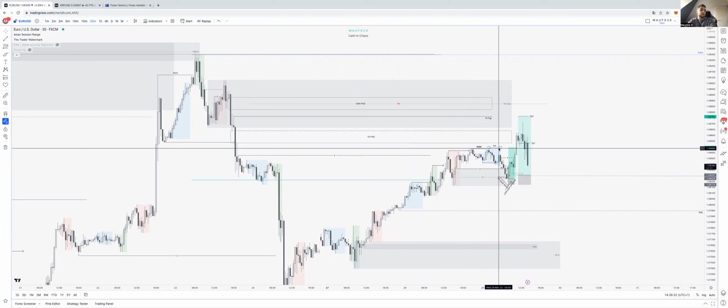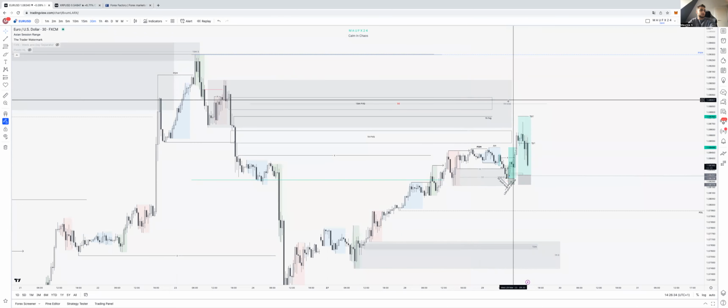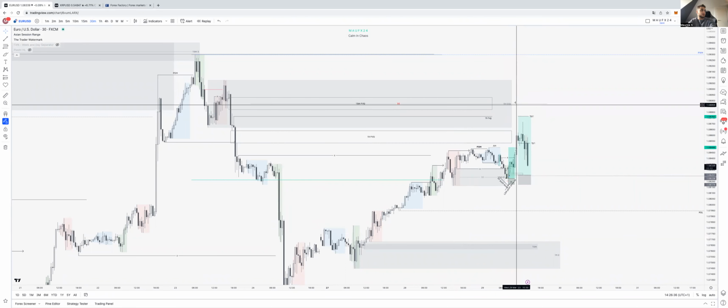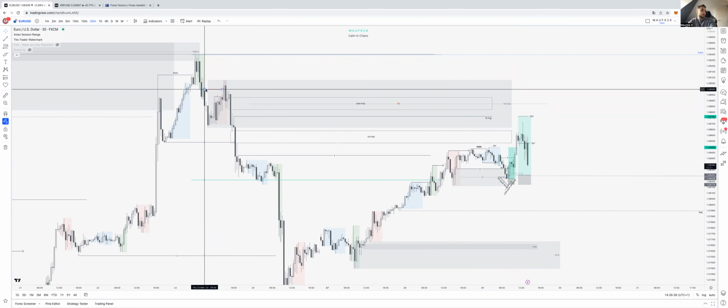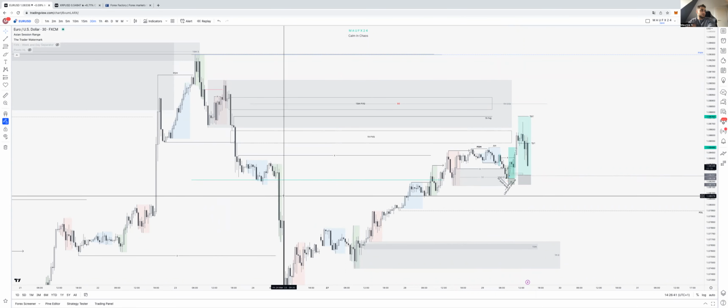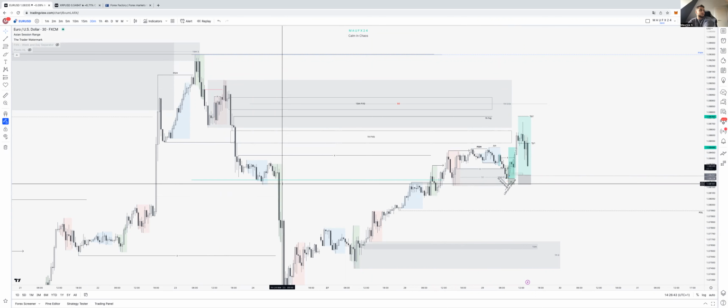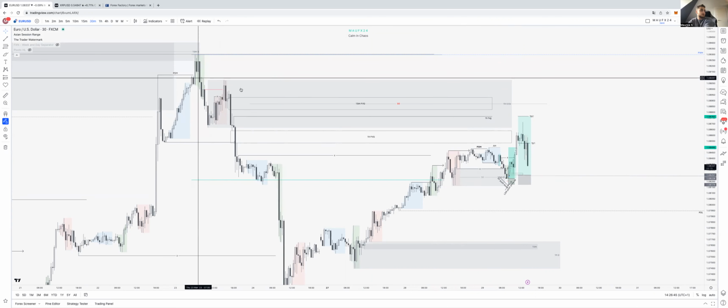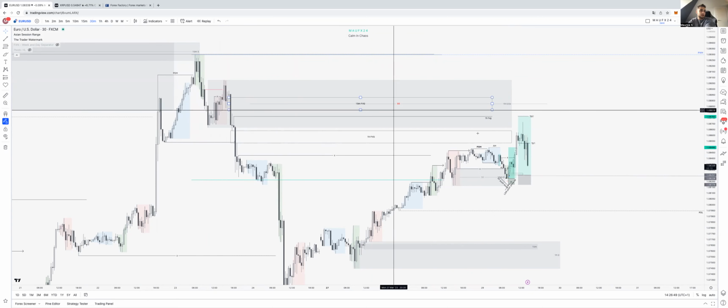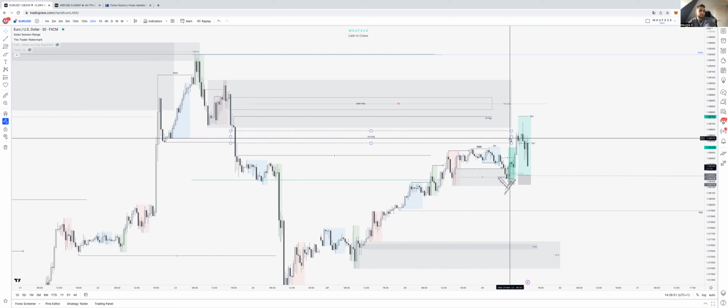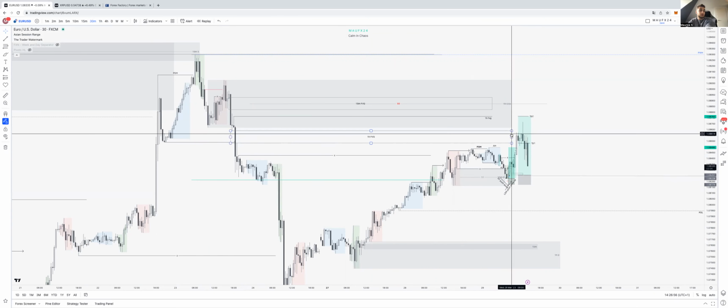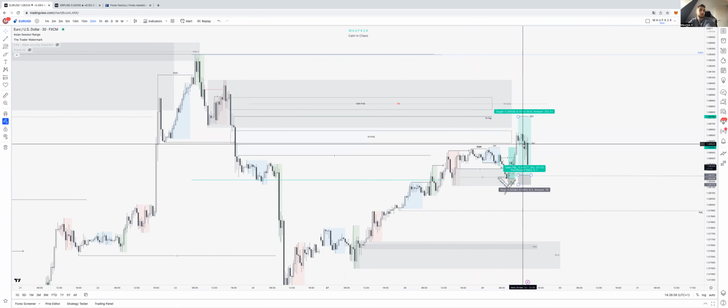Ideally, I wanted to see price tap into this 1 hour supply zone, the extreme one that took out the liquidity over here, turned around and smashed down. This area is also the area that took this previous daily high. So shorts from this area were valid. And yeah, so reasons for the long was this structure, the unmitigated 1 hour fair value gap.